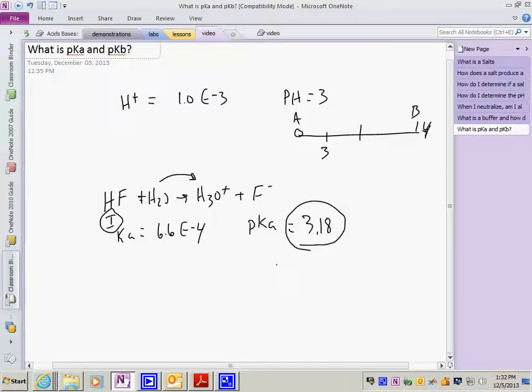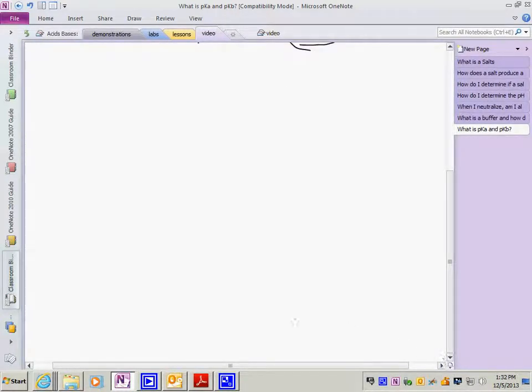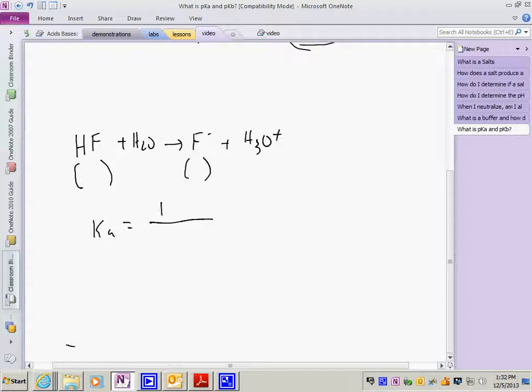Now, another example of where I might utilize a pK is when I have an acid, let's say HF plus H2O yields F negative plus H3O plus. If the concentration of my acid and its conjugate base are the same, then you'll find that the Ka equals the concentration of F negative